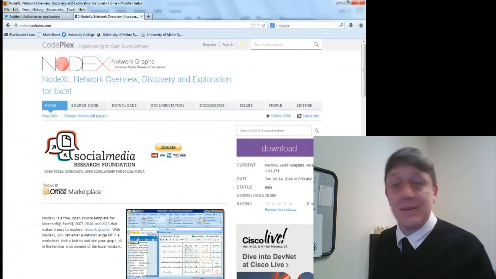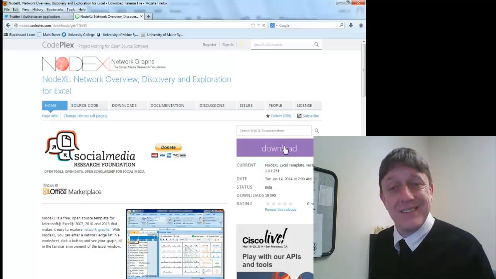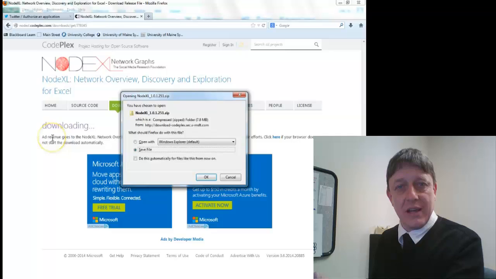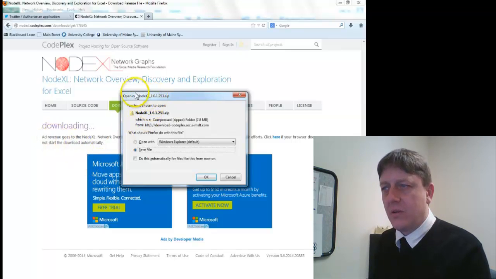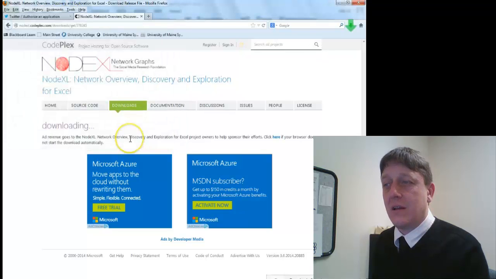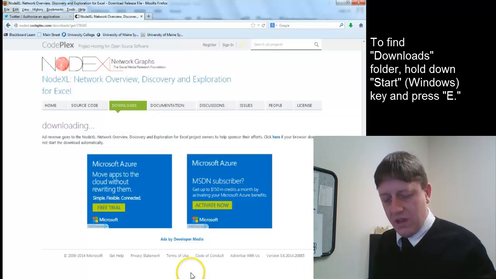I'm going to show you how quick and easy that can be. Hit download, and let's start seeing how long it takes. This is on a student lab computer, so it will look exactly the same for you. You're going to get a window that pops up, and it asks you, well, what should we do with this file? Well, you could save it, and notice where you're saving it in the downloads file. Okay, and then we can find it